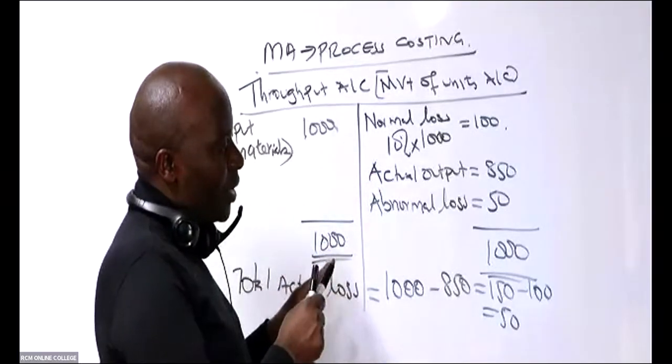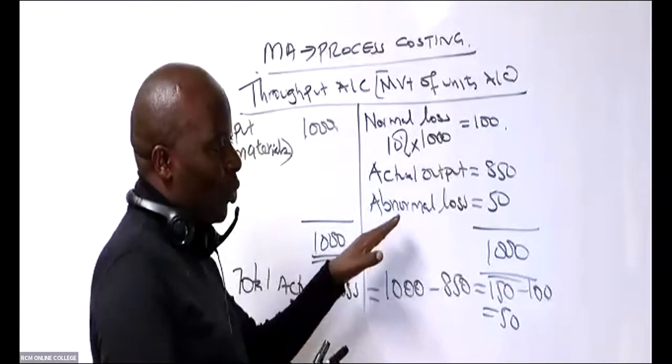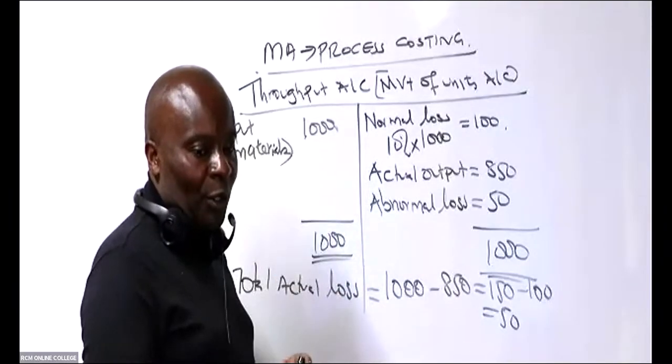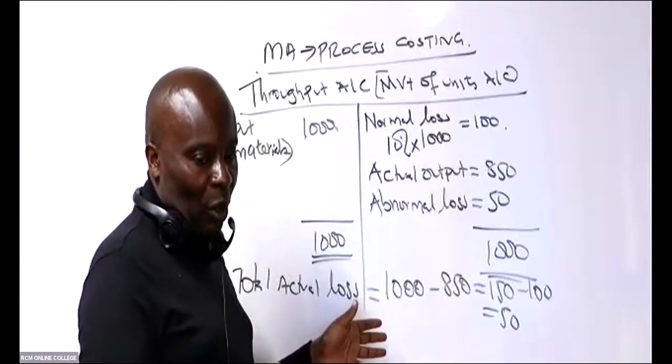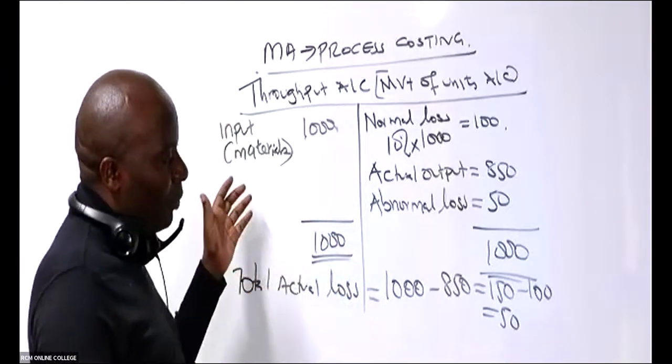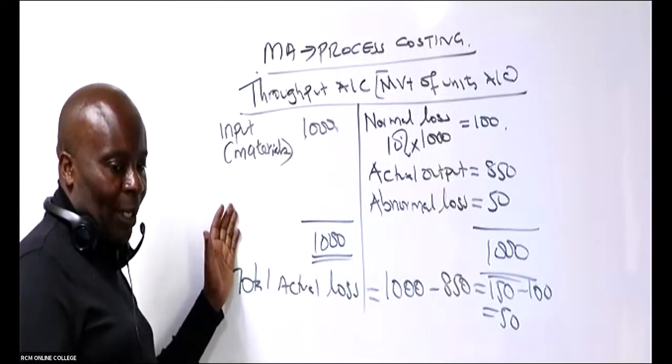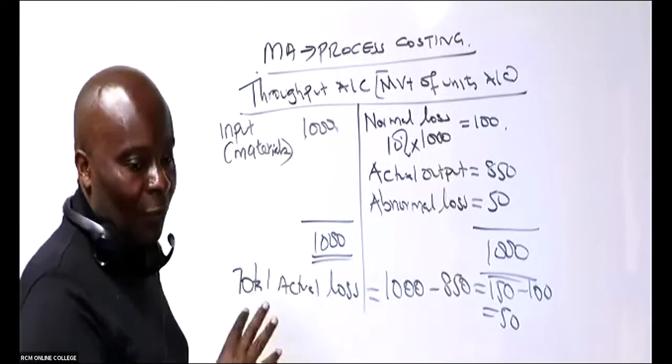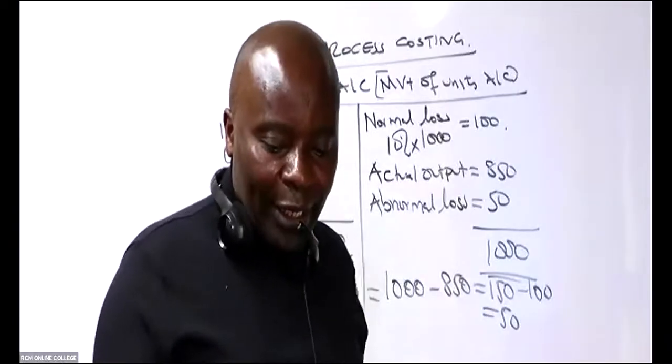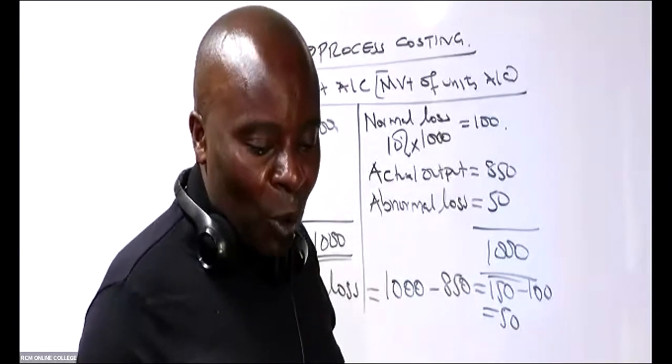So you can see there, the balancing figure is on the credit side. If the balancing figure is on the credit side, then that will be an abnormal loss. If the balancing figure was to come on the debit side, it will be an abnormal gain. Please master this. Now after this, you shall be able to go ahead and give us the process